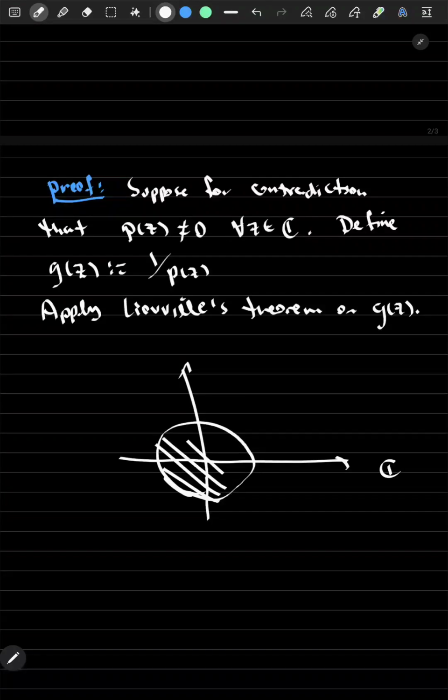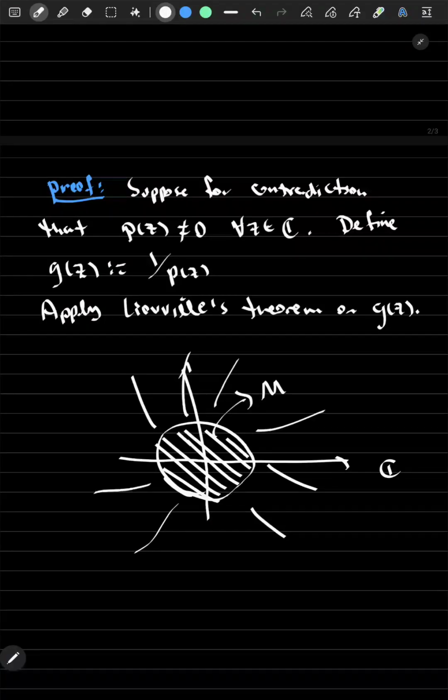It is compact, and g is continuous, so it's going to have an upper bound in this region. So let's say the upper bound is M. And then outside of this region, it's also going to be bounded because